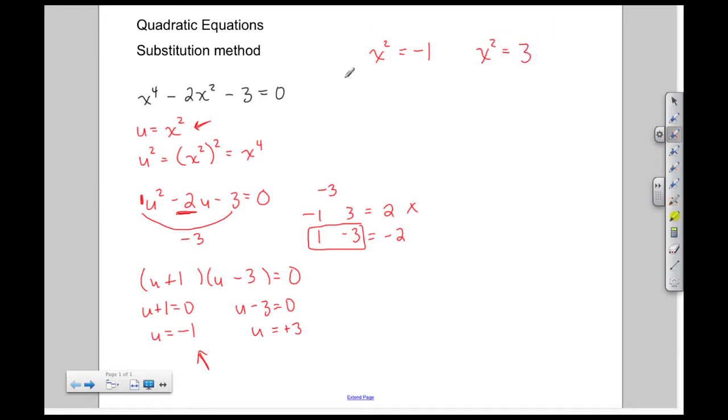Now I need to solve for x. Since these are squared, I need to use the square root to solve these problems, and here the square root of x squared is x. And now here I have the square root of negative 1, and this here turns out to be plus or minus i. For my second equation I do the same thing. I need to change this x squared into just an x. So I'm going to take the square root of both sides, and in doing so here I see that x is equal to plus or minus root 3. So here I actually have two imaginary roots, and I also have two irrational roots for this particular problem.